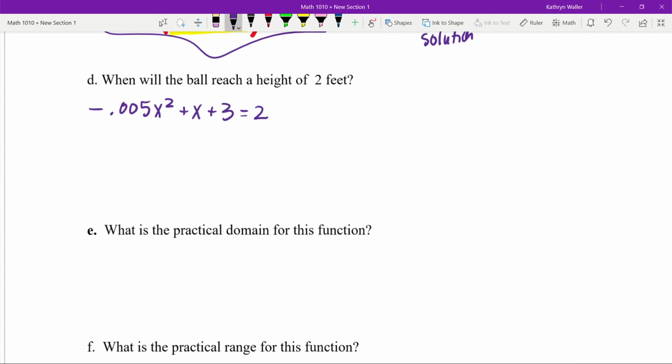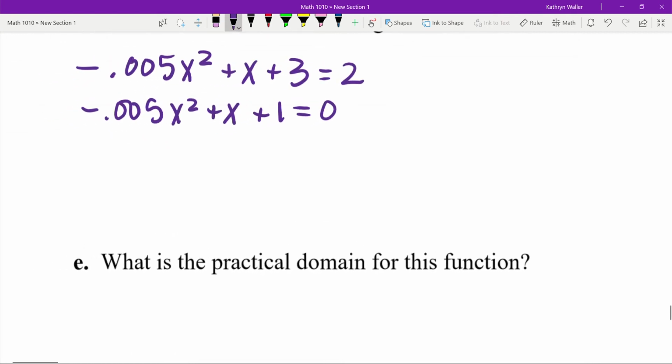What do I do now? Talk to me. Move your 2 over, right? So you have -0.005 x to the second plus x plus 1 equals 0. Could I factor? Yeah. Maybe. Could I use completing the square? Yeah. Yep. Will I? No. What's the easiest? Quadratic. Everybody go x equals -1 plus or minus the square root of 1 squared is 1